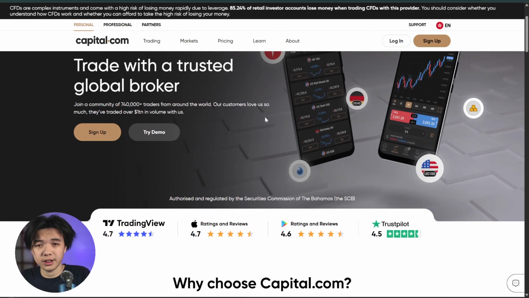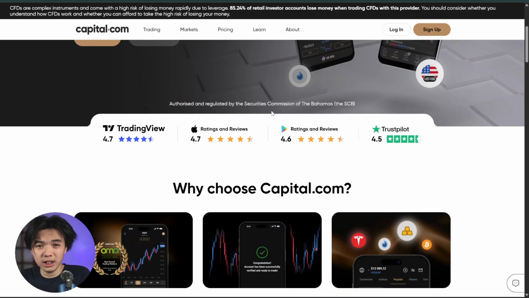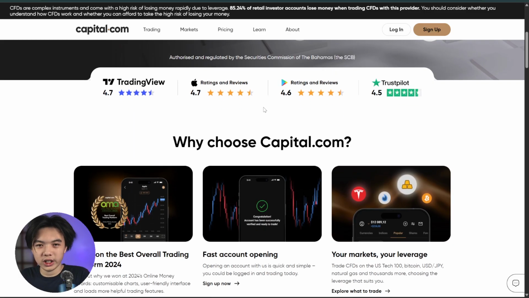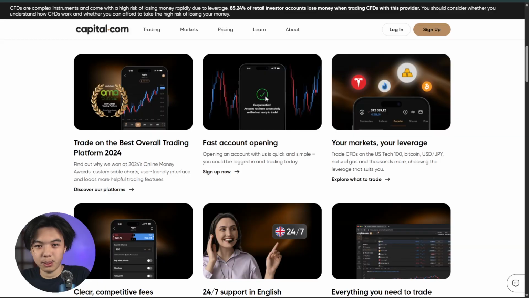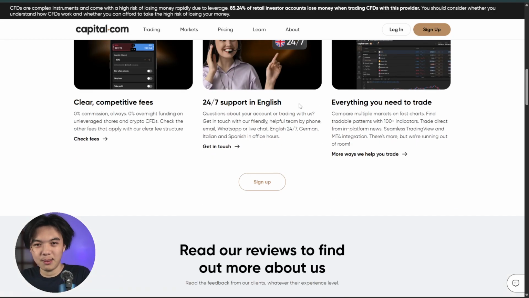Let's also address regulation, since that might be a big concern for traders. It's regulated by top authorities like the FCA, the Financial Conduct Authority in the UK, CySEC in the EU, or ASIC in Australia. It's also registered in other regions for added credibility, and this means your funds are kept in segregated accounts, and the platform is legally required to follow strict transparency and client protection rules. So, like I mentioned earlier,